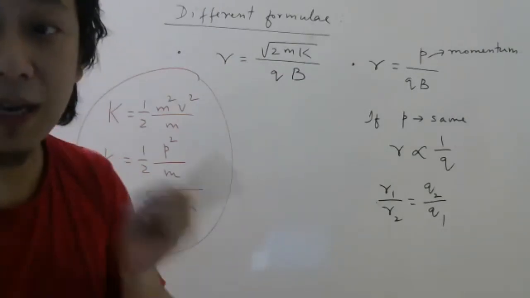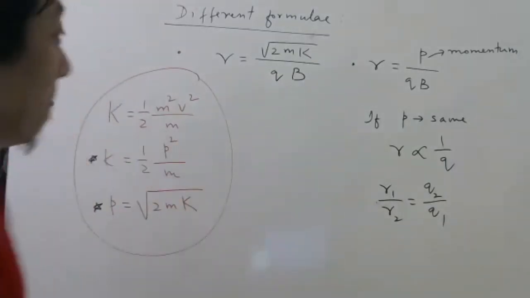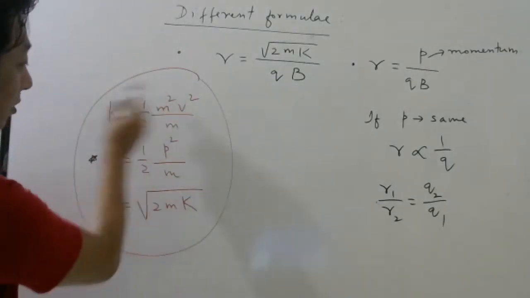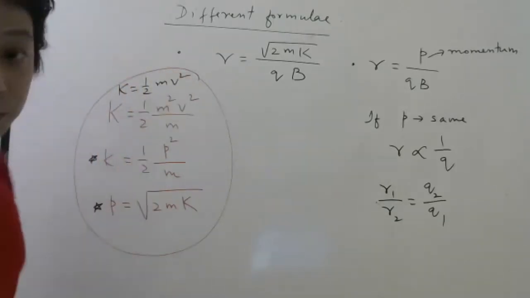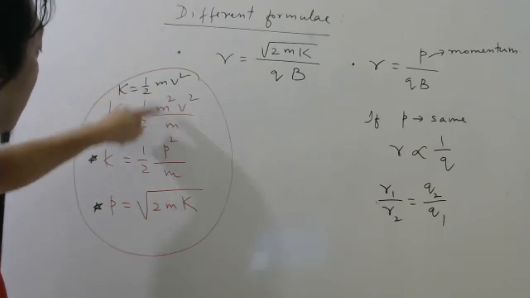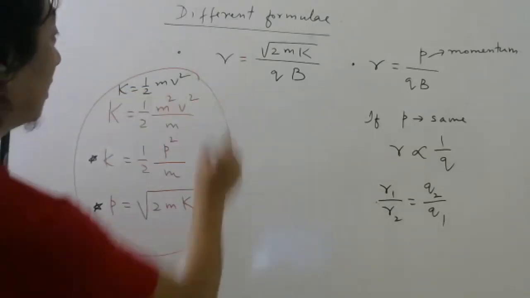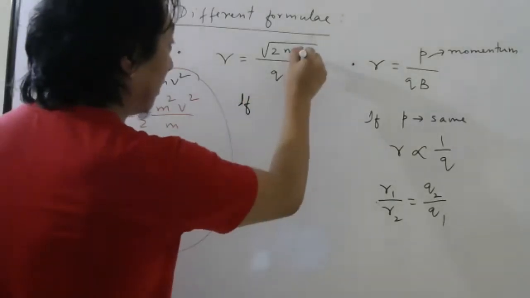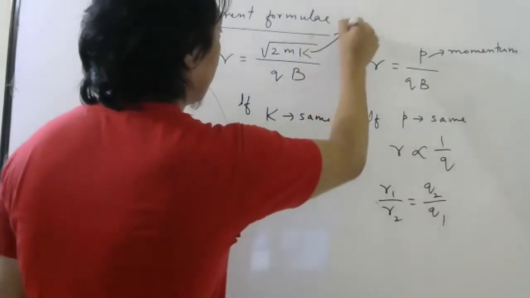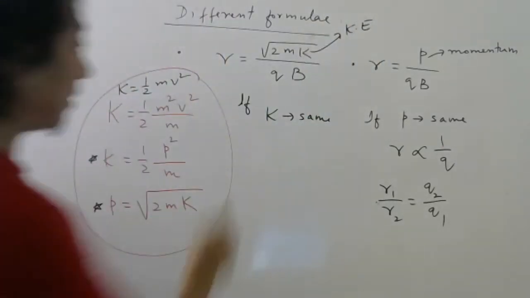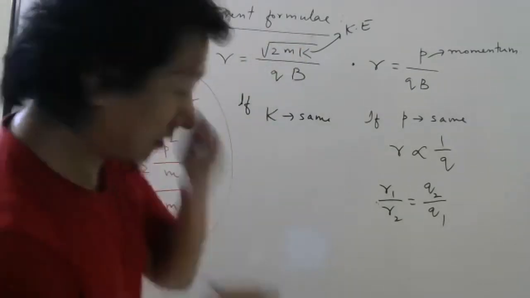Depending on whether kinetic energy is given or momentum is given, you have to be careful and check. So I hope everybody understood this. Kinetic energy is half mv square. So to bring momentum, what I did, multiply by mass, divide by mass, it is the same thing. Then here momentum square, cross multiply. So now if they say kinetic energy is the same, then be careful about this root, this root is not for decoration.